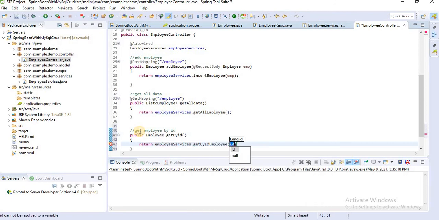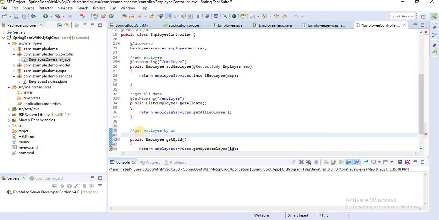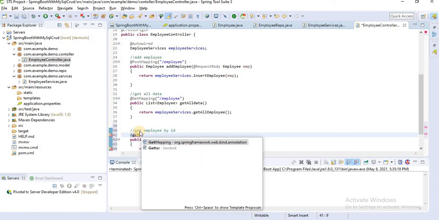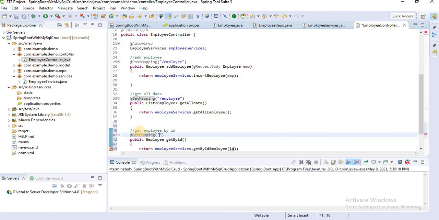Okay, here we have to pass the ID. How to get the ID? Let's see. We have the get mapping. In that mapping we are defining the URL employee, and also we are passing the ID. From that ID we have to get the employee.